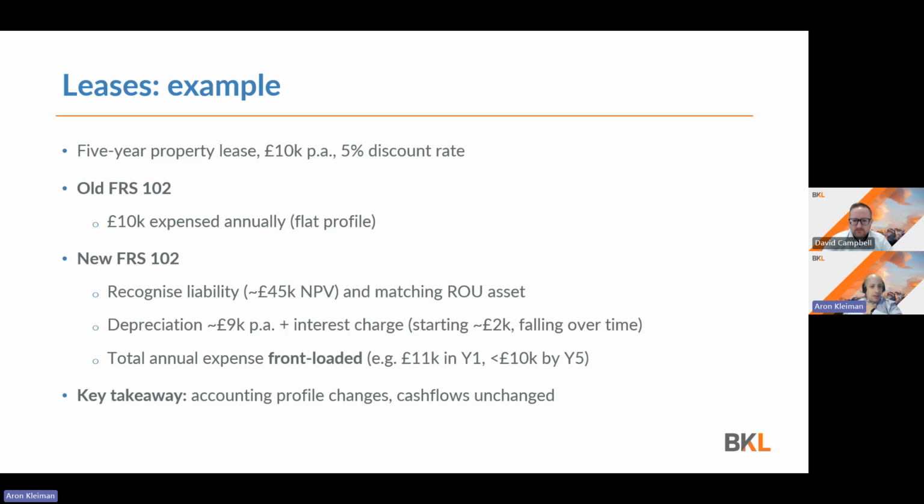How it works now, at the start, and I'll show this with a graph in a moment as well, you would recognize both a liability and a matching right of use asset on day one, which would be the present value of those minimum lease payments. So that 50,000 in total discounted back to the start using that 5% discount rate. So for the purpose of this example, it comes out at around £44,000. So that's the day one double entry: debit the right of use asset and credit the lease liability, splitting current and non-current on that liability.